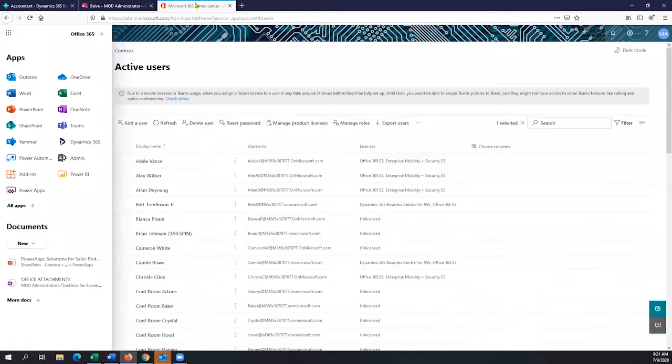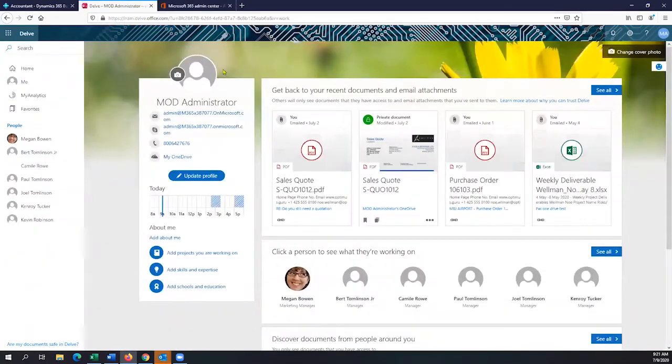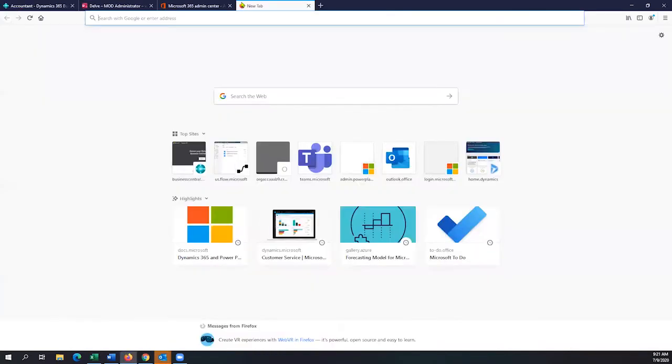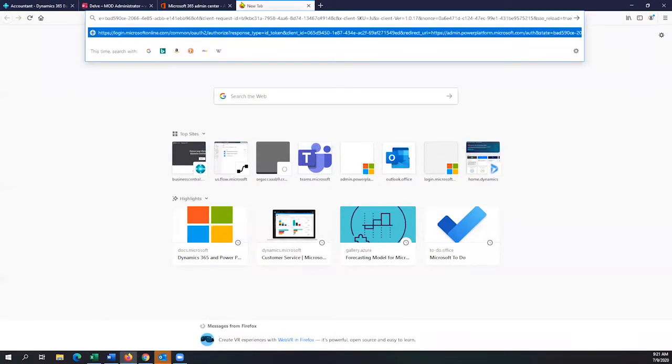So for me, the idea of explaining these basic features is because in the cloud, we are going to have more components, right? Another very important topic when it comes to security. Let me just open our platform center. When we work in the cloud, we are going to be managing security through a